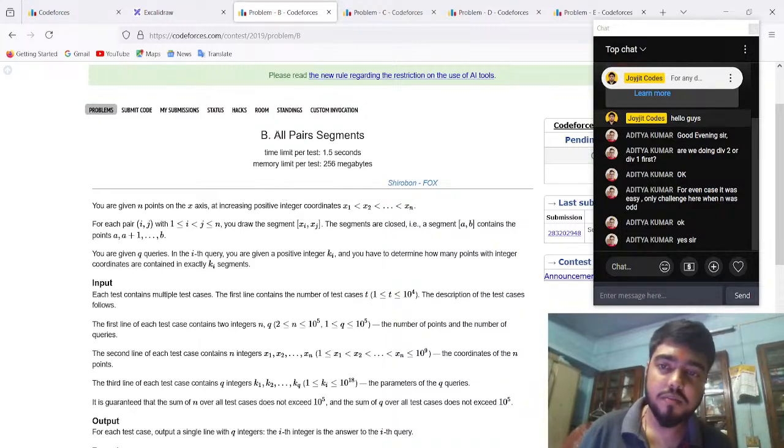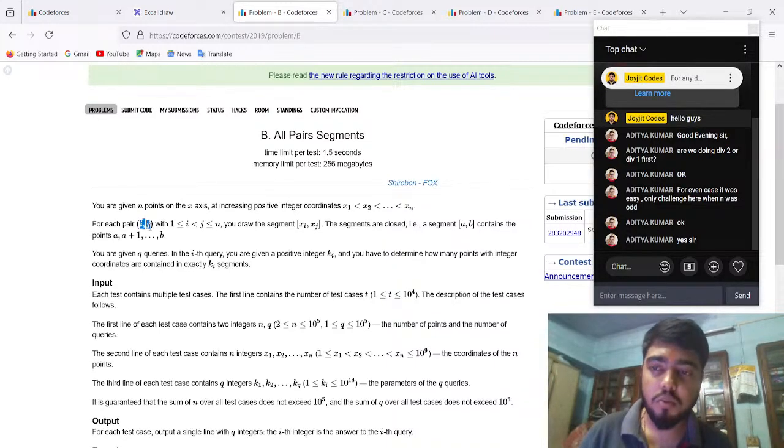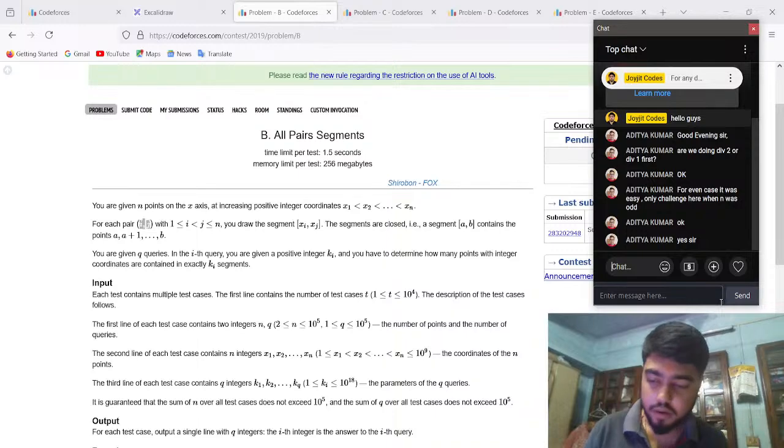So the second question, all pair segments. You are given n points on the x-axis at increasing positive integer coordinates x1, x2 till xn. For each pair i, j,